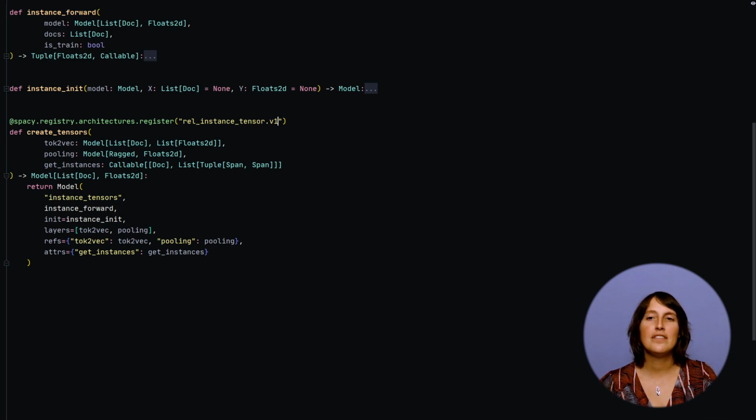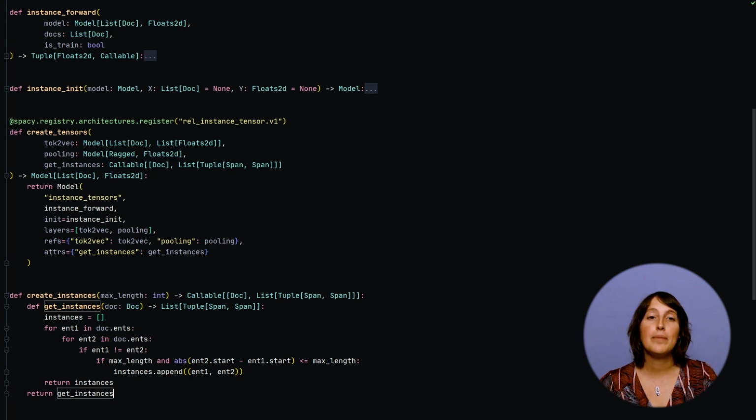One detail that we haven't discussed yet is the implementation of the get_instances function. This one really depends on your specific use case. It could be a function that pairs up any two entities in a document as long as they are within a certain maximum distance of each other. You could also define the set of candidate relations as any two entities that co-occur in the same sentence. If you make this function more strict, the model will have fewer instances to classify and will run more efficiently and probably with a higher precision rate, but at the cost of recall.